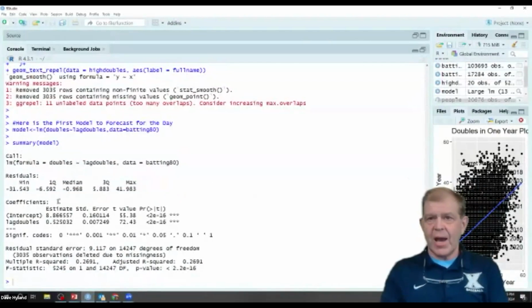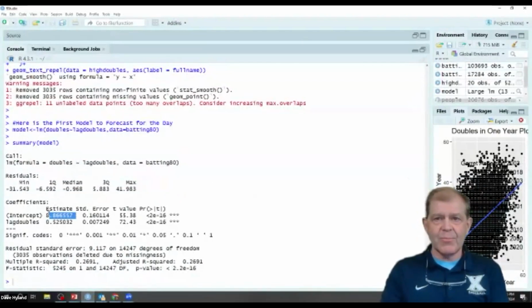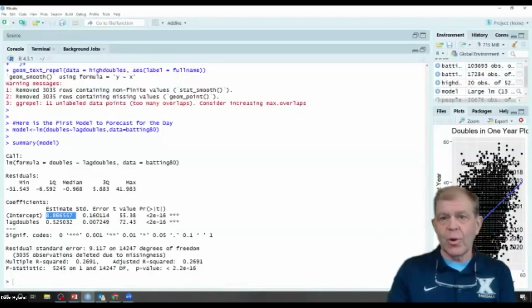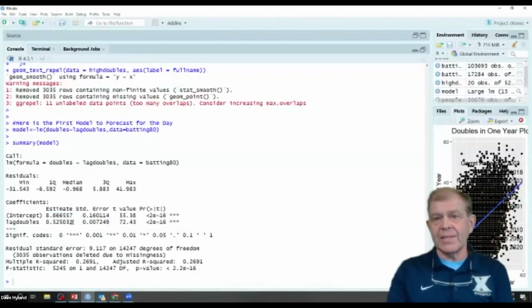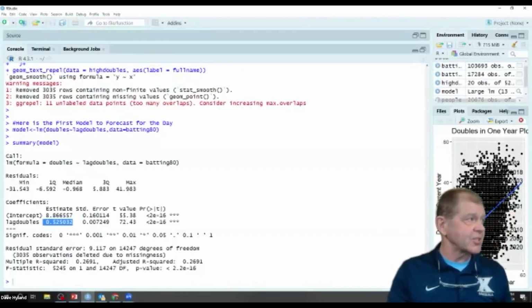The regression output gives us an estimate, 8.866. So we think about on our graph, that's the y-intercept here. So we're basically saying our forecast, we start with 8.86 plus 0.525 times last year's doubles.